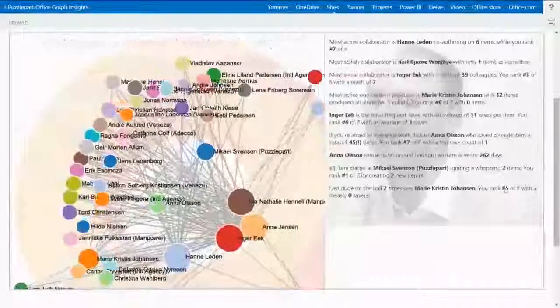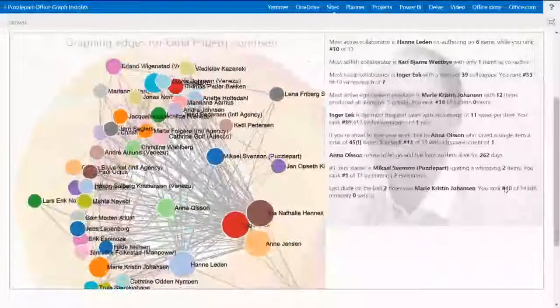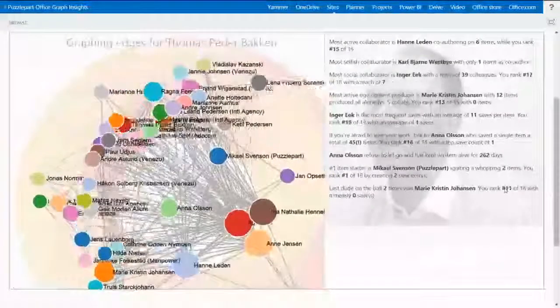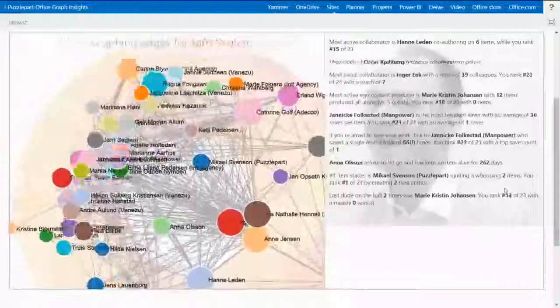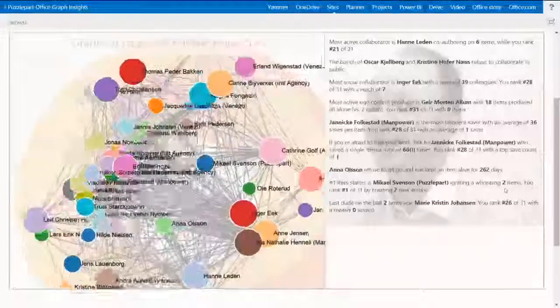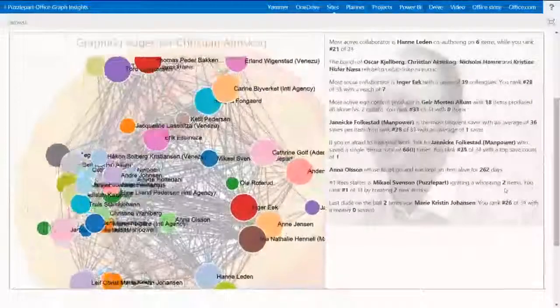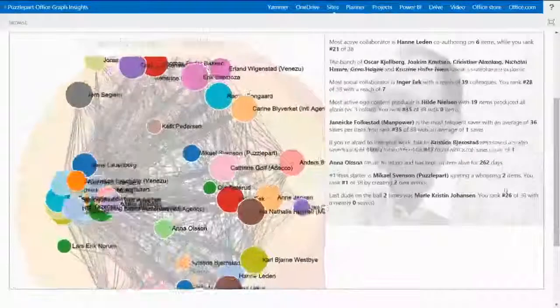Any moment now. Well, I got a Surface, so it can handle quite a lot. That's insightful. Look at all those big bubbles.